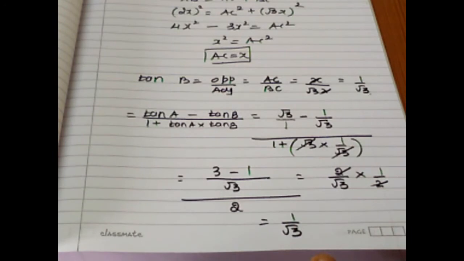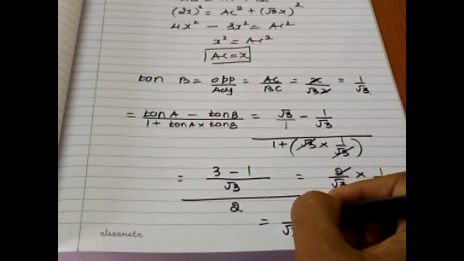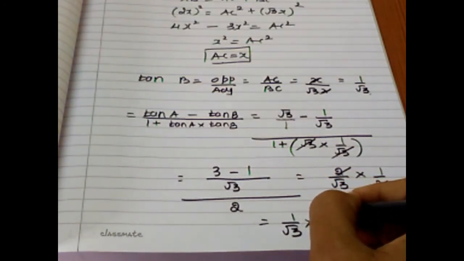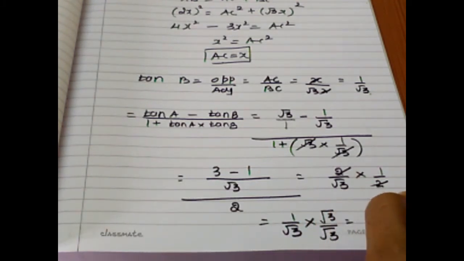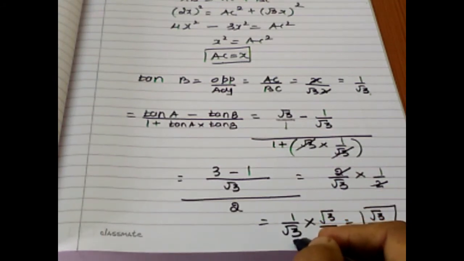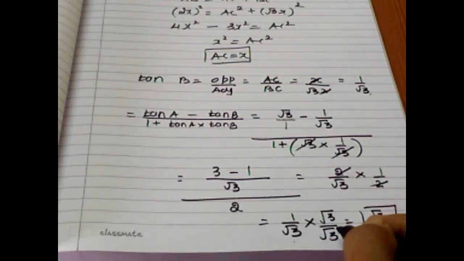So by the time when you get 1 by 3, it is instructed to keep it by rationalizing. So root 3 by root 3 is equal to root 3 by 3. Okay. So what is the denominator? Same thing, you multiply root 3 by root 3. 1 into root 3 is root 3. Root 3 into root 3 is equal to 3.